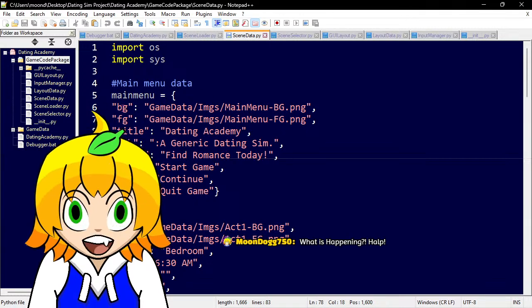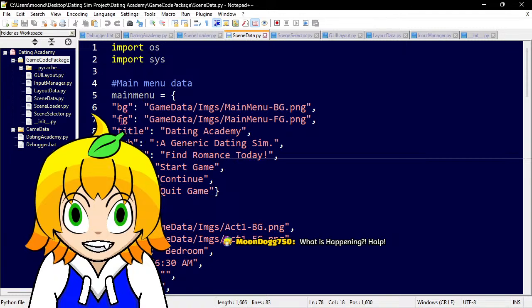Files being BG for background, FG for foreground, title for what the title will say, sub for what the sub will say, story for what the story will say, and I think I want a dialogue one. I'm going to have to add a dialogue for the characters, though I'm not sure exactly how that's all going to work yet, because I've got to figure out how it can only load it once and then speak for everybody, and then you make a decision.